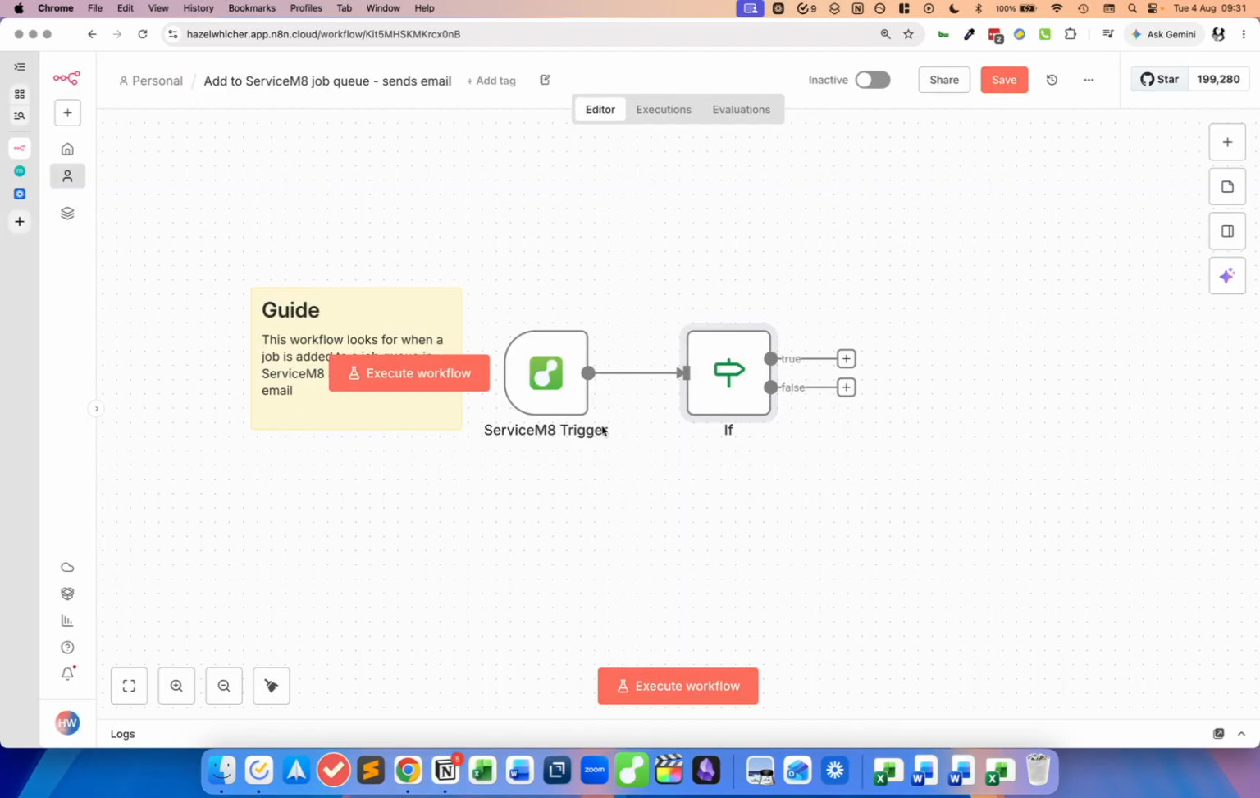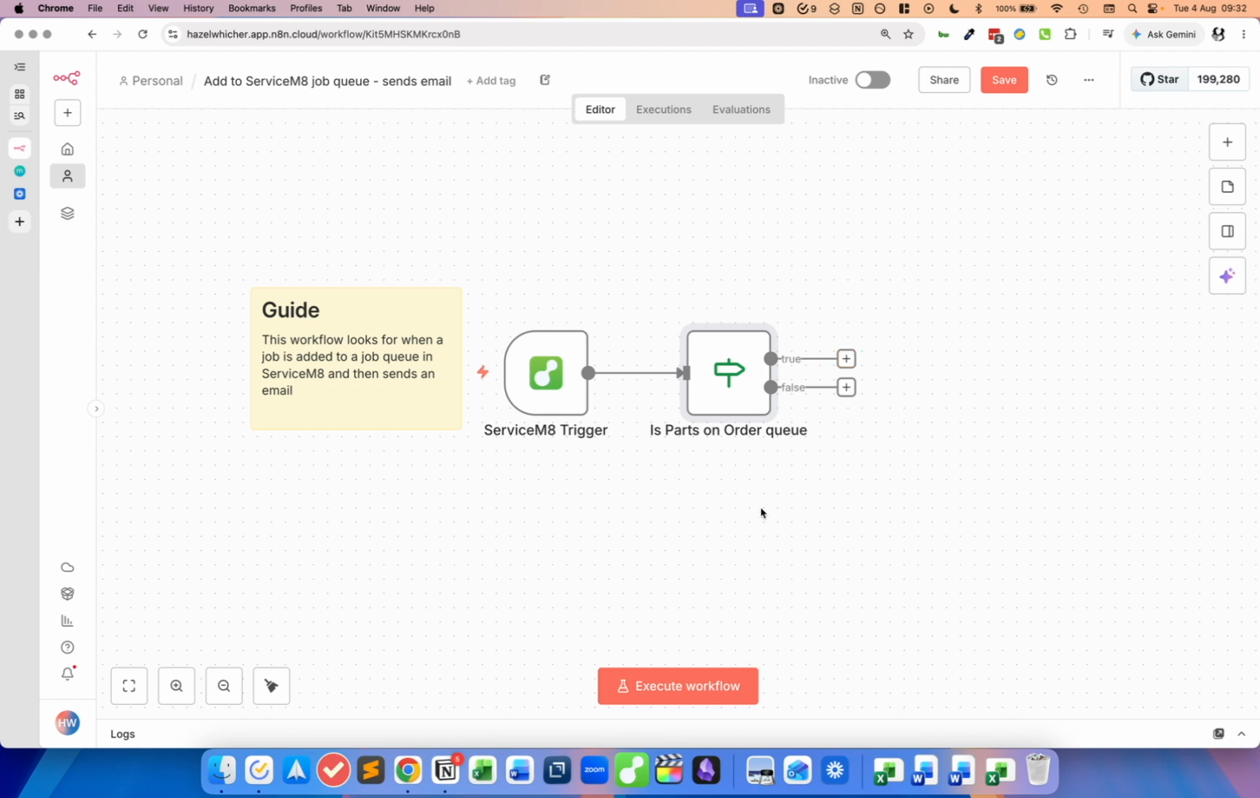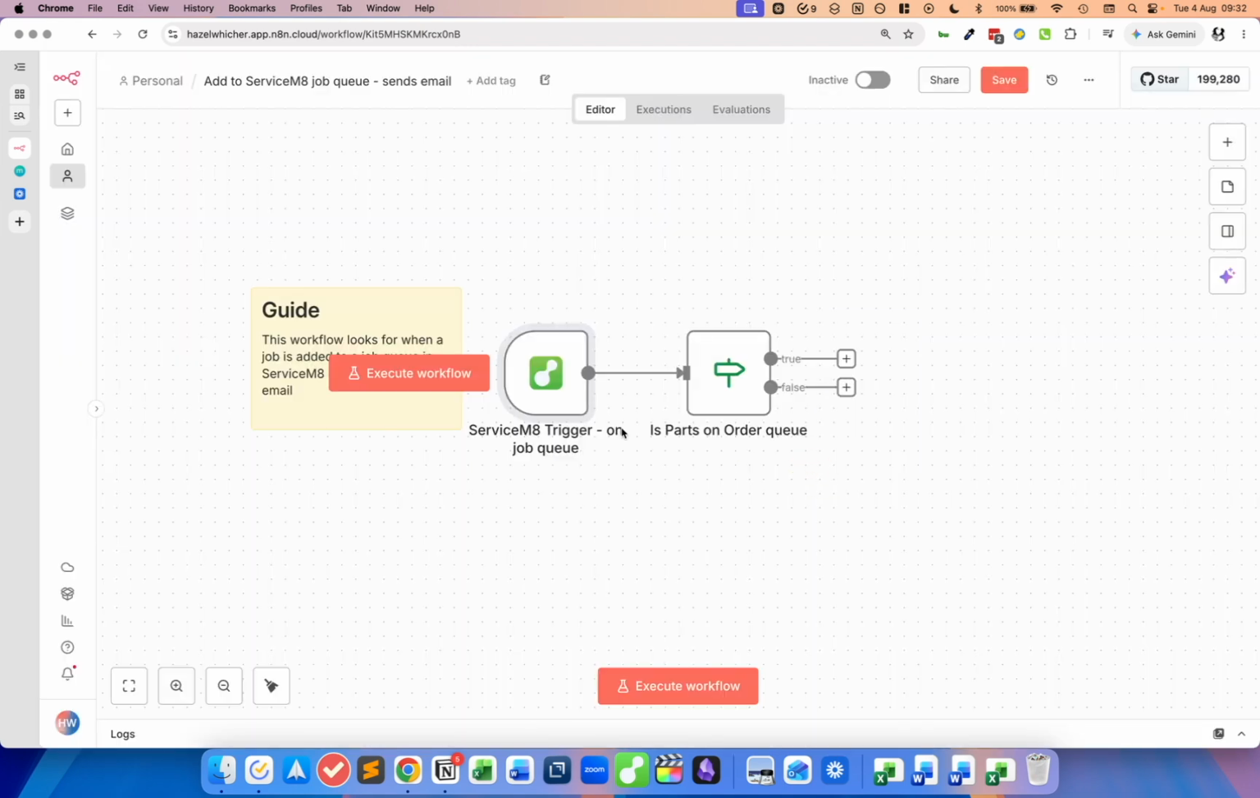While I'm going through, I'm going to update the names of my nodes because I want to make sure that everything is named properly because it makes it easier to check after. So if you right click and hit rename, you can say is parts on order queue, because you know that the answer to that true is where you want the action to happen. And we're going to rename this one. So again, you right click, rename. Again, just to help you with troubleshooting, and if you go away and come back to this in the future,